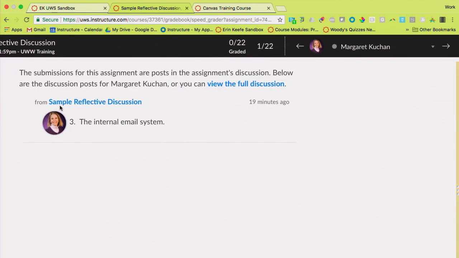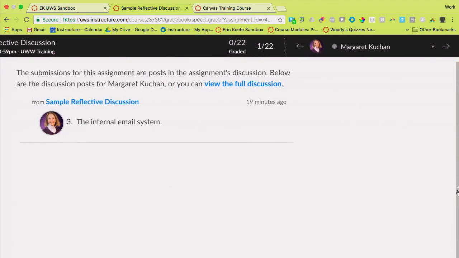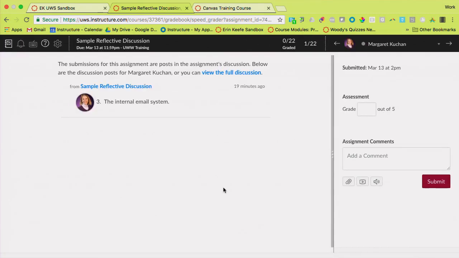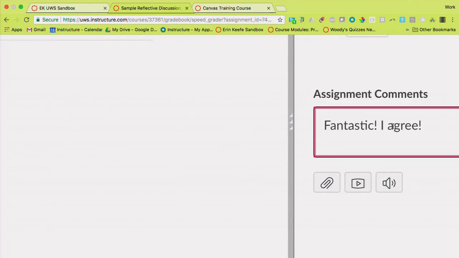Now, how do we use the SpeedGrader? The student submission will always show up on your left-hand side. So I can see her response over there, and then my grade goes over here. This one's out of 5 points, so I can go ahead and put 5 in there. As soon as I click out of that box, that grade's now in my Canvas grade book. And then I can give her some assignment comments, and I can give her comments down there.